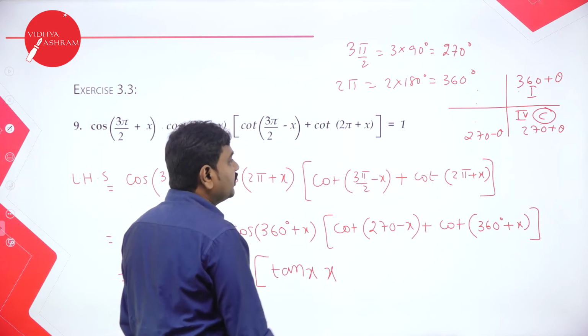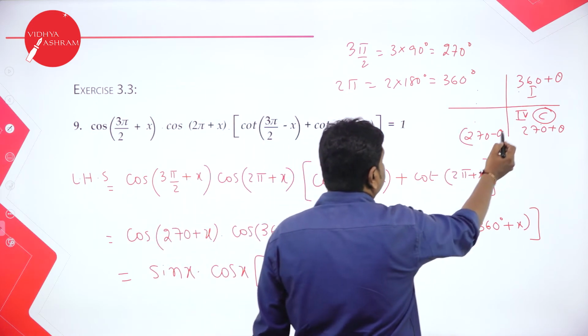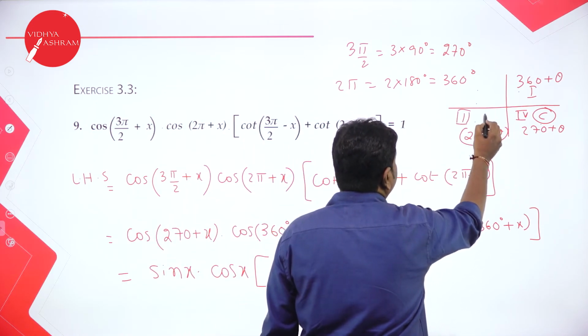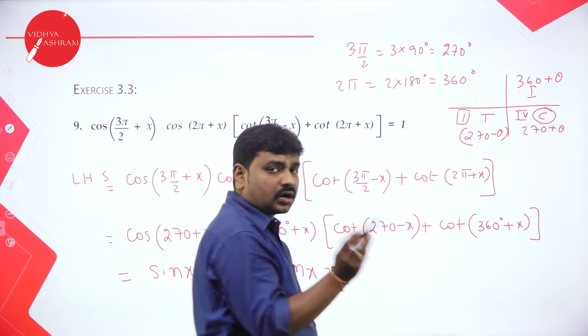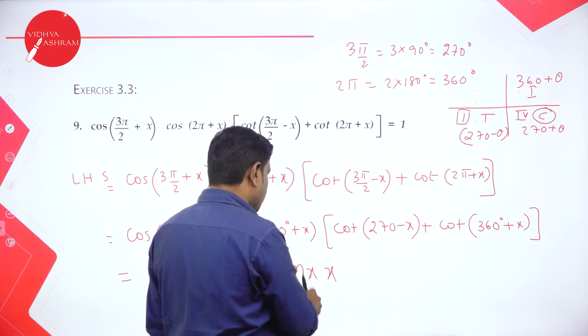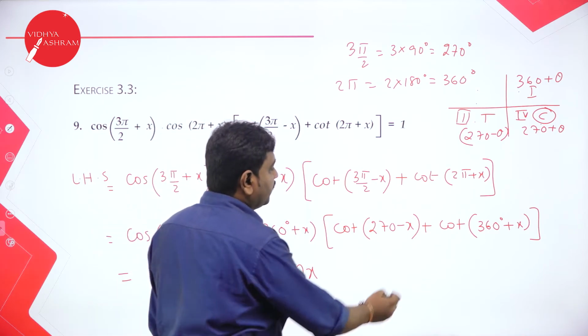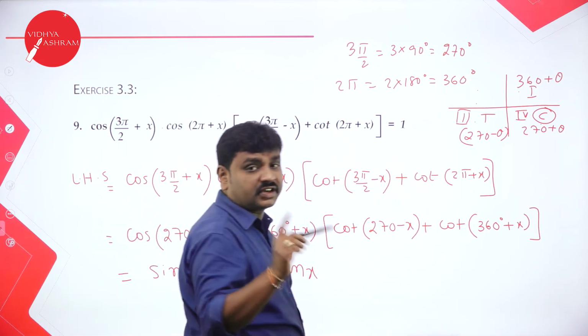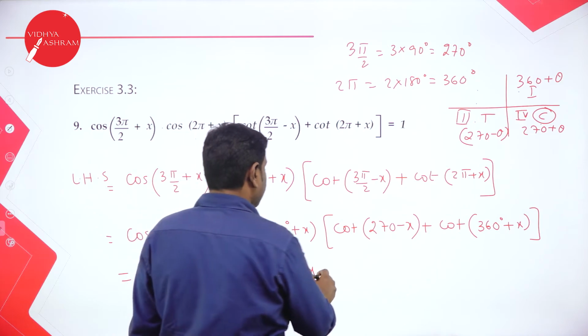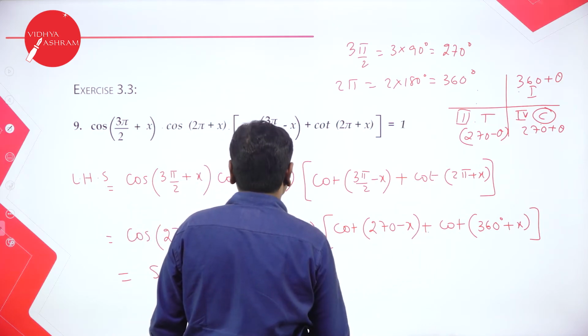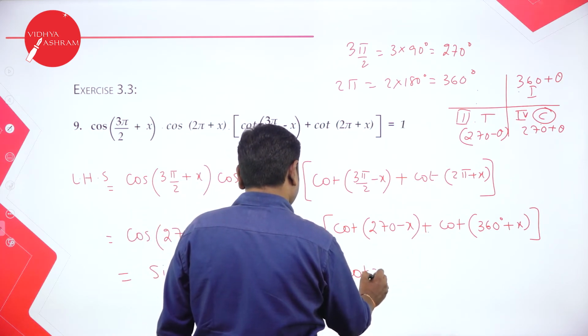x. And 270 minus x. 270 minus theta lies in third quadrant. In third quadrant alphabet is T. Tan or cot is positive, so this is cot, so it is positive tan x. Tan x. Further, cot of 360 plus x. For 360 function does not change, so it will be in between I have plus, so plus cot x.